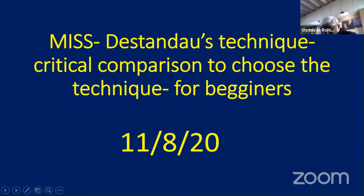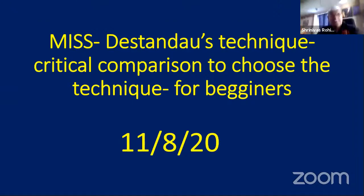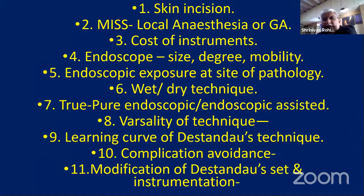Basically, we are talking about Destandau's technique, and we want to focus on the beginners. There are so many techniques and approaches available, and the youngster has to choose between so many techniques which are available in the market. We'll try to discuss this topic on these points: